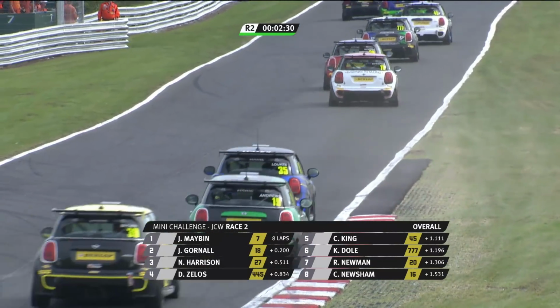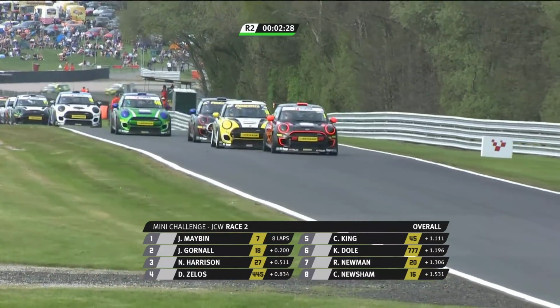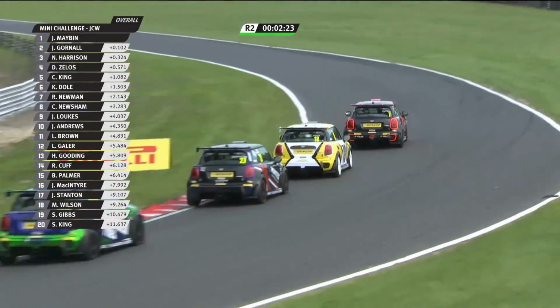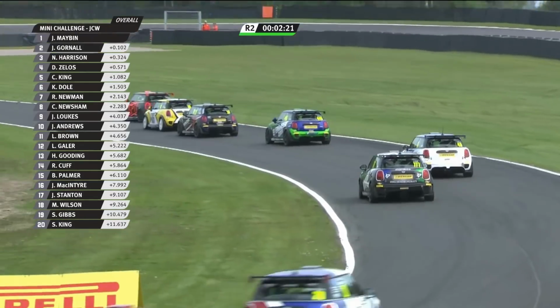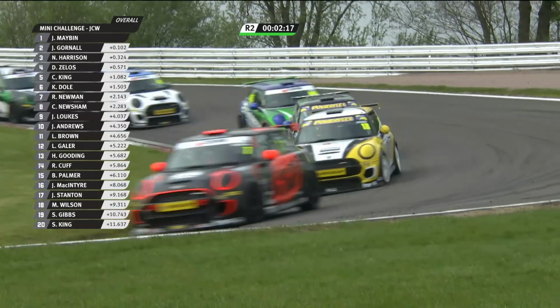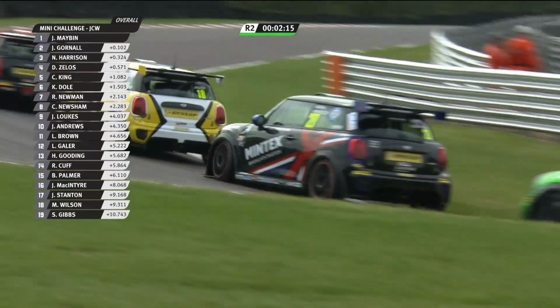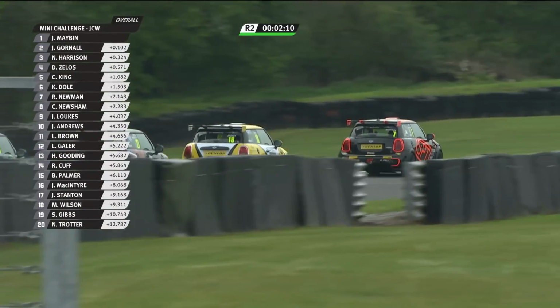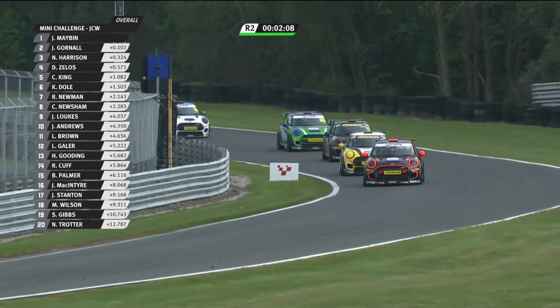By my reckoning, there are 2 more laps of this to go. Can he hang on? It looks almost an impossible task, but the way in which he's overtaken drivers in this race shows that Jack Mabin is very comfortable in the car these days, and very rapid as well. Now, though, he has to watch the mirrors, and he'll be looking through the rear-view mirror almost more than he's looking through the windscreen at this stage, I would suspect, because there are 5 or 6 hungry mini-challenge drivers breathing